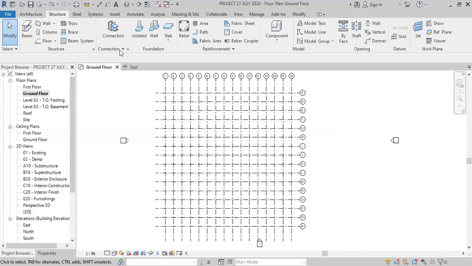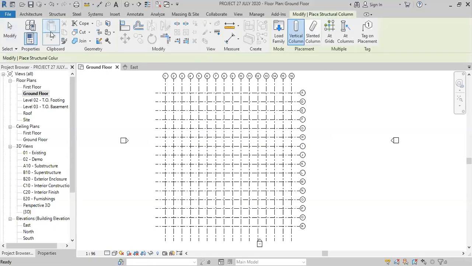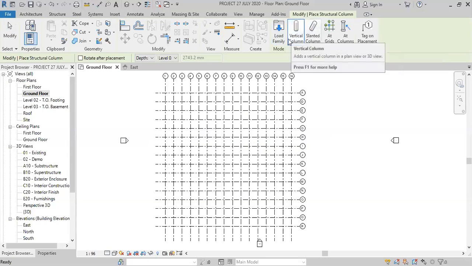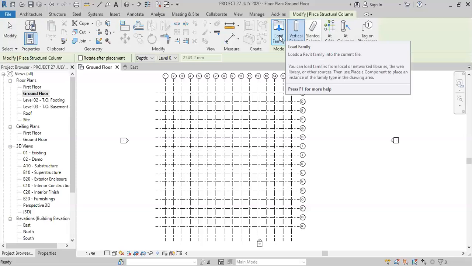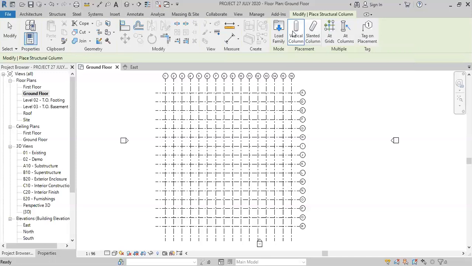In the Structure tab, there is an option for Column. Click on the column icon, or you can also use the shortcut CA. When I click this, it shows the kinds of columns, either vertical column or slanted column, and this is the Load Family from where I can take different types of columns. I just click the vertical column option, and in properties